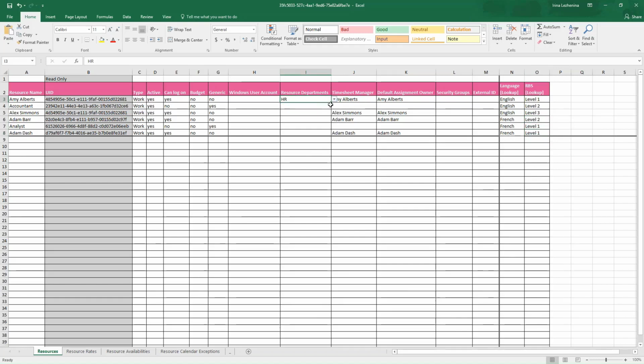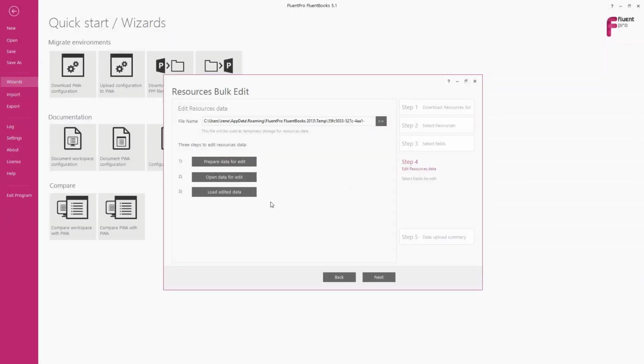So I will also assert resource department, and as soon as you add the necessary values to these fields, we can save this file, close it, and click Load Edited Data, and then go